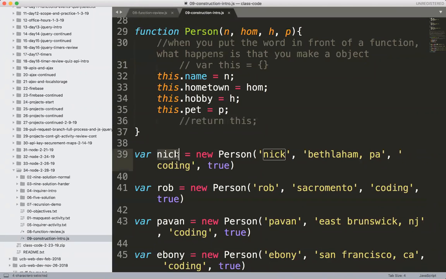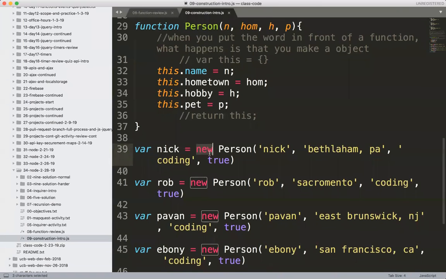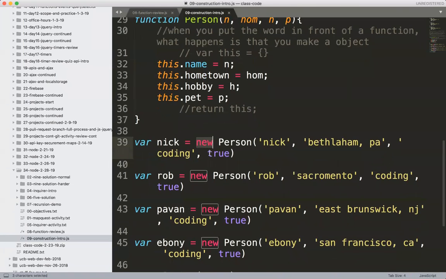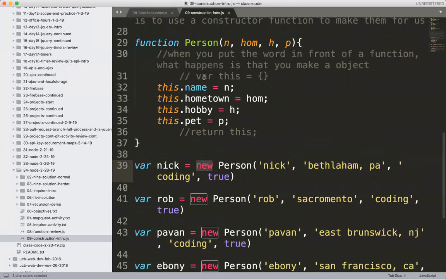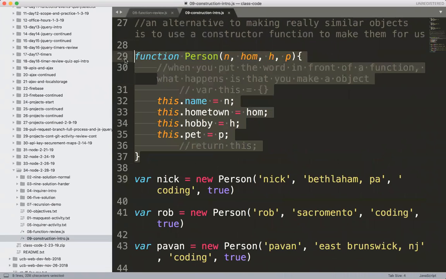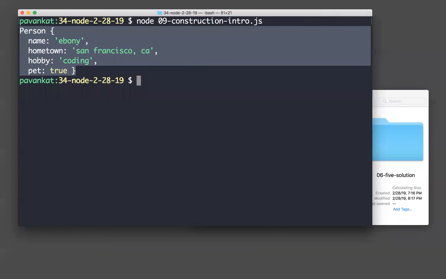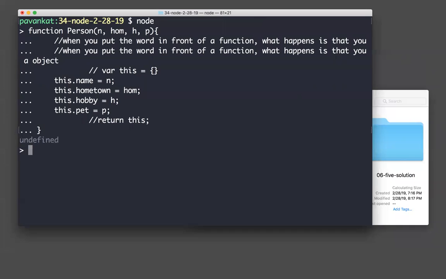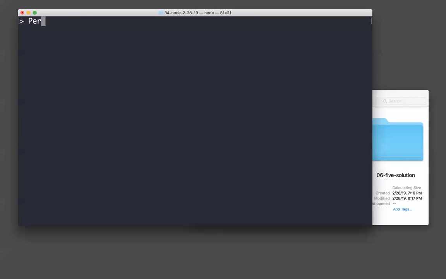And that's why Nick is an object. Rob, Pavan, Ebony, we're all objects because we're using new here. If we did not use the word new, it's actually interesting what happens. Let me just copy this real quick into the node console. Right, so over here I have the person function. If I do person, and let's say person,